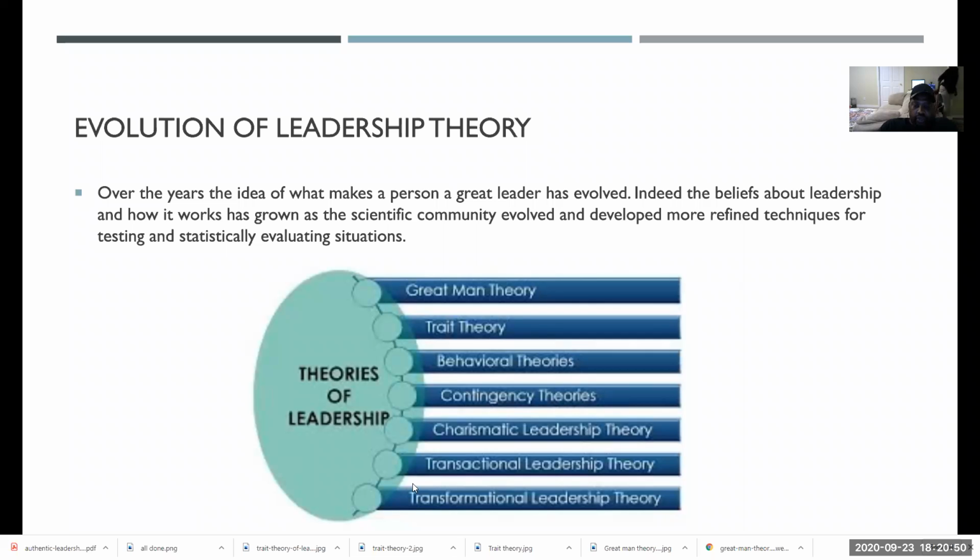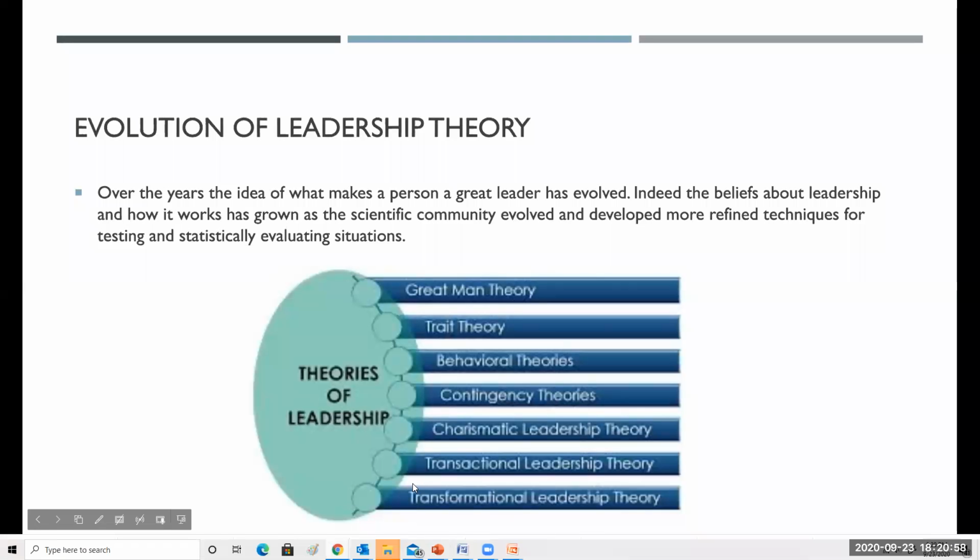It's important to note that leadership theory did not start in a vacuum, right? It evolved over many, many years. And this chart here shows the evolution of leadership theories. One of the earlier theories is what's called the great man theory, and it goes all the way down to